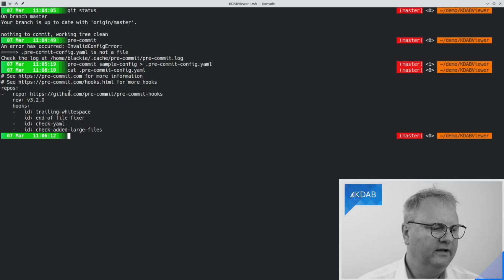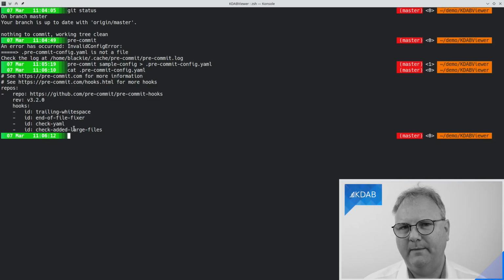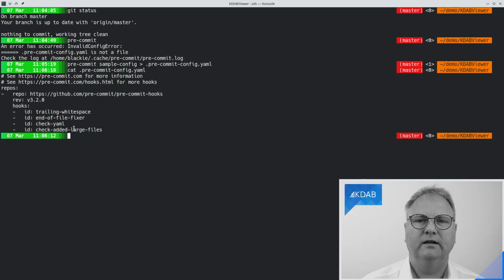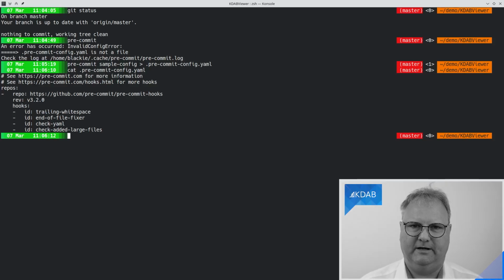And what you get here is the revision 3.2, and here are the hooks that it will run. So out of the box now, it can run these hooks. And what will happen is that whenever I commit something, it will run these 4 hooks that I have in there, but only on the files committed.